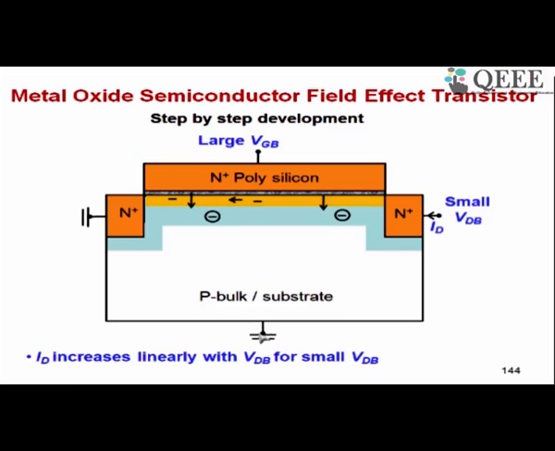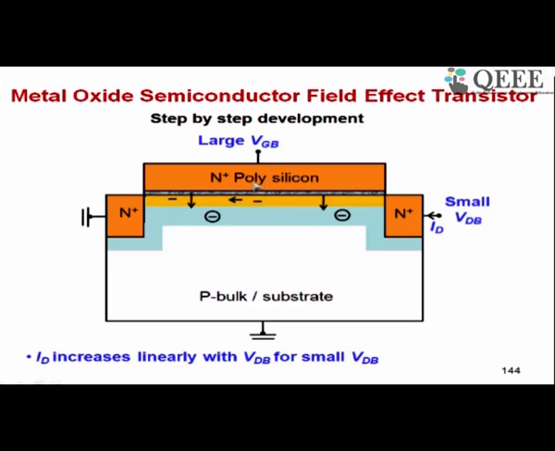So voltage of this terminal is the same as voltage of this terminal. Now at this point I need to explain why this terminal is called a source and this terminal is called a drain. ID is a drain current. You can see now that the electrons will move from this terminal to this terminal because this voltage is positive. Conventional current is from positive to negative, but electron flow is from negative to positive. So electrons are flowing from this terminal to this terminal. So we can say this terminal is sourcing electrons and this terminal is draining electrons. That is why this is called drain and this is called source.